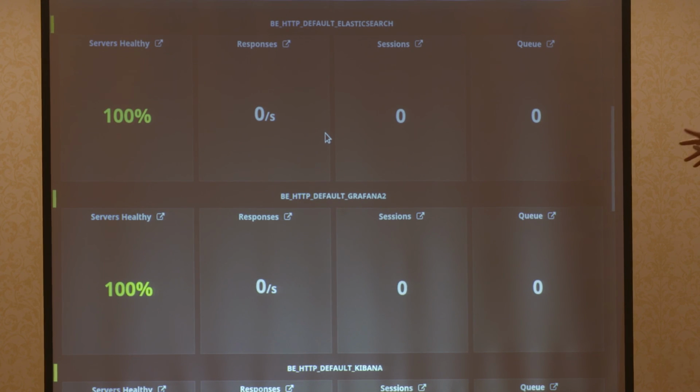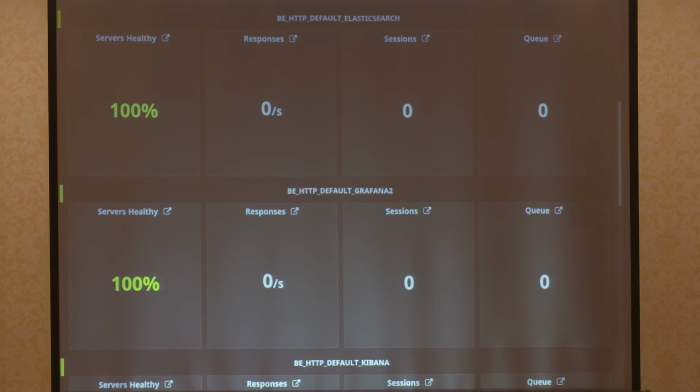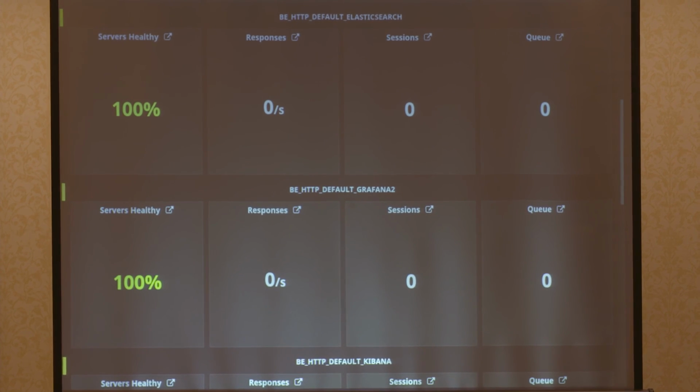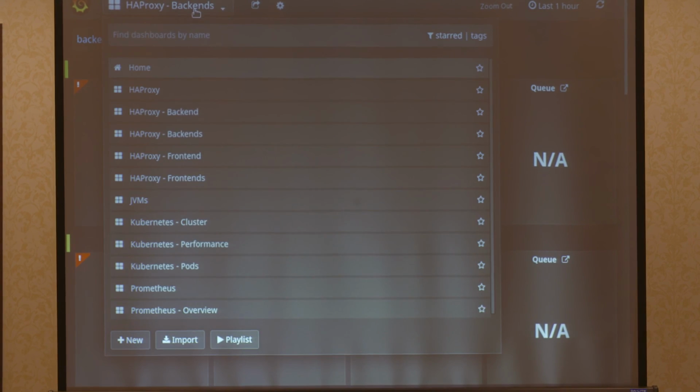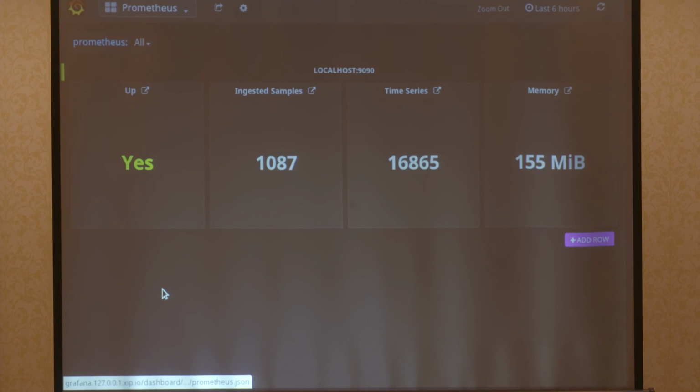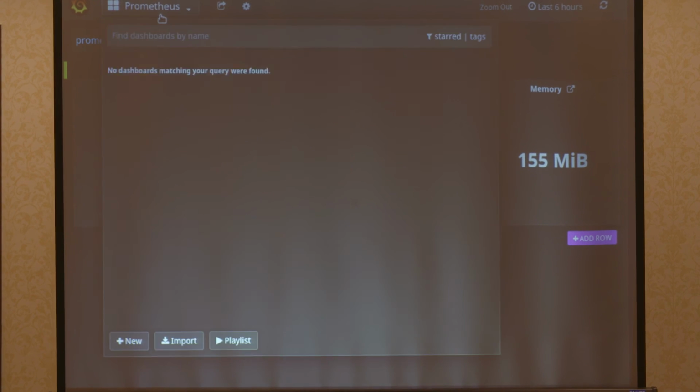Right. So, you see, it's healthy. So I can see individual backends. I can then drill down into individual parts of my application. So that's what you want to do when you have dashboards: overview, drill down, drill down, drill down to more details, right? And that's what we can do with the aggregations that we can do in Prometheus. So that's HAProxy. Prometheus even has its own instrumentation as well, of course, it instruments itself.